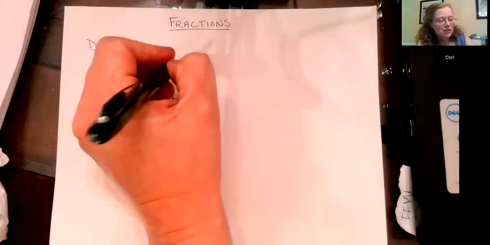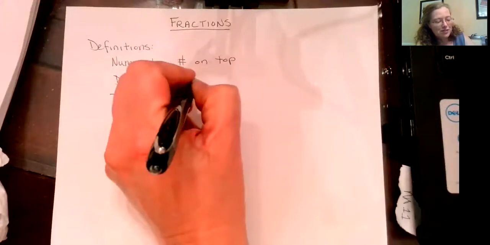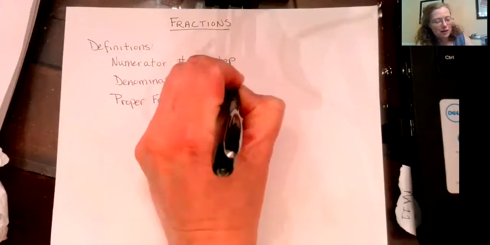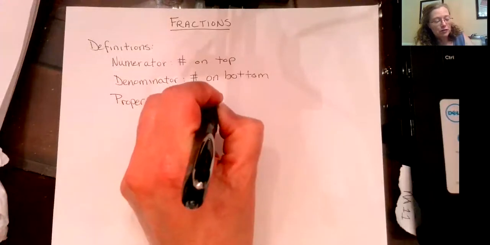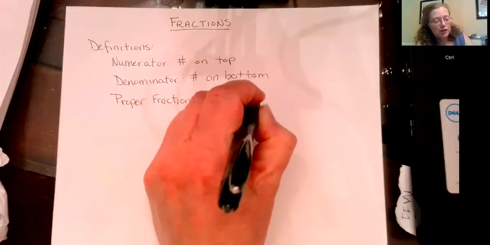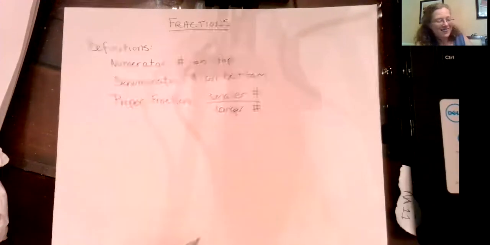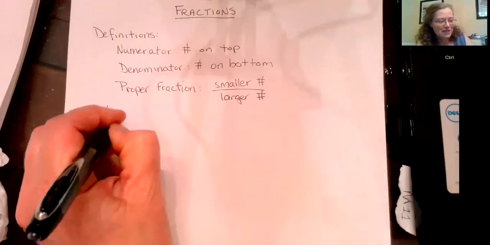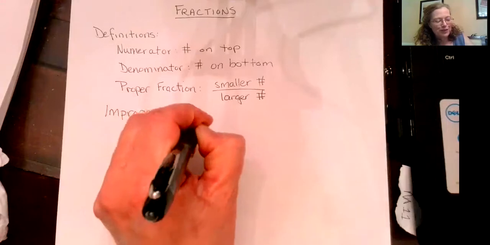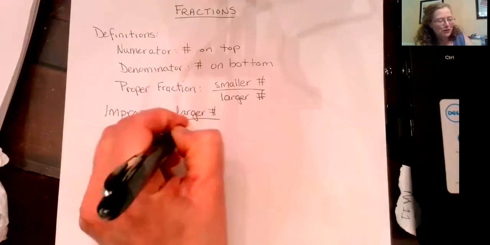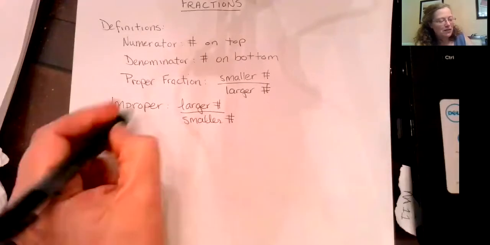The numerator is the number on top, and the denominator is the number downstairs. So it's the number on the bottom. A proper fraction has a smaller number on top of a larger number. And an improper fraction, the scandal, that one has the larger number over the smaller number. Okay. And then we have a mixed number,